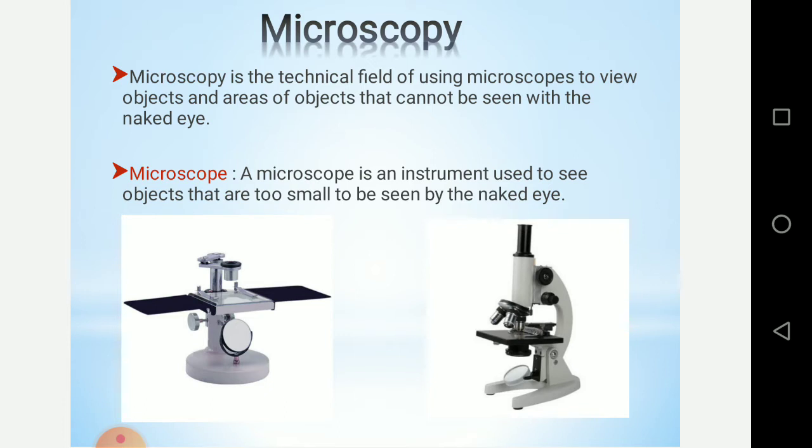I have given you two simple microscopes, that is, one is the dissection microscope and one is the compound microscope. You must have used these two microscopes in the lab for observing some cells, or you must have done your buccal smear experiment where you used this microscope, or to see a section of plant tissue you must have used the dissection microscope. So this is an example of a microscope.